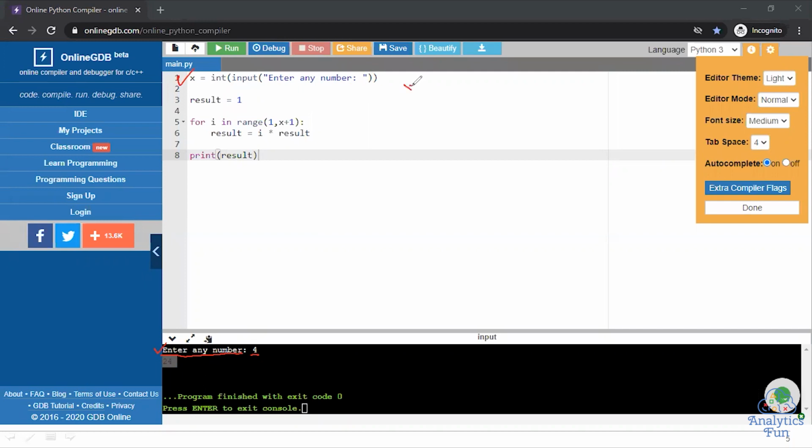So x is equal to 4. Now the second statement we have is result is equal to 1. That is also very simple, we have created a new variable and defined it as 1. For i in range 1 to x plus 1, we have already defined that range 1 to x plus 1 will give you the values 1, 2, 3 and 4. So this for loop will run 4 times.